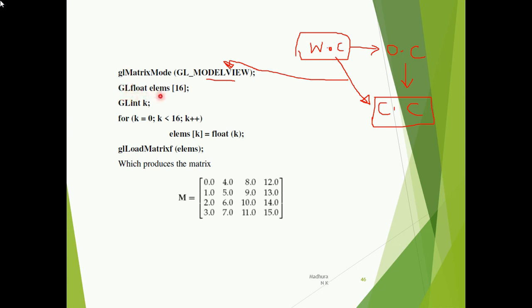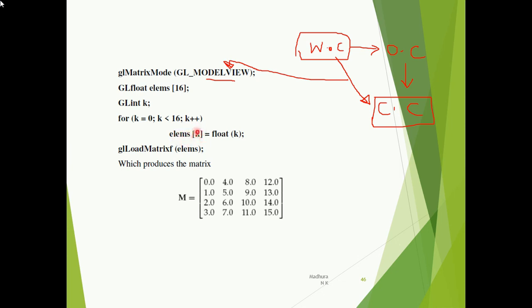GLfloat elements, an array of 16 values, and GLint k for k equal to 0, k less than 16, k plus plus, and these values are all floating point values. The values, whatever you want to have, are all stored in the form of an array.